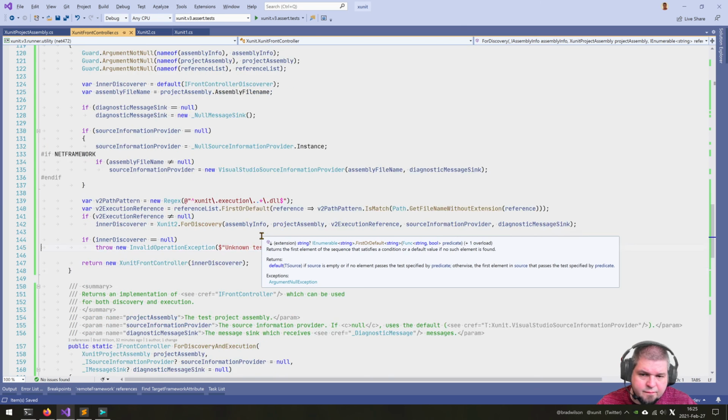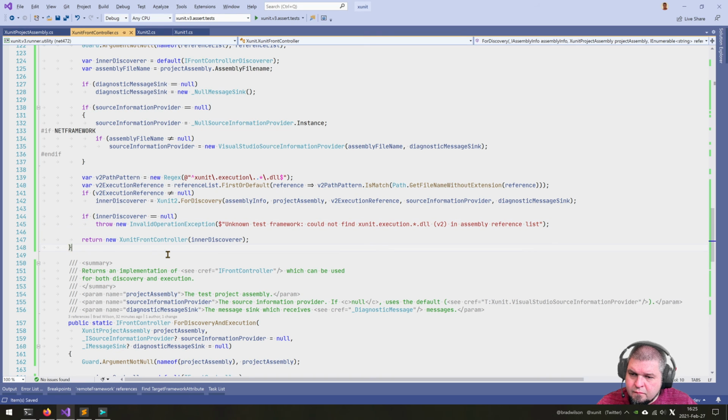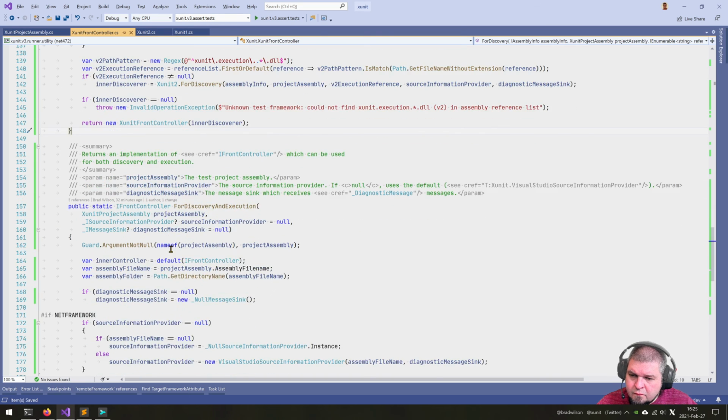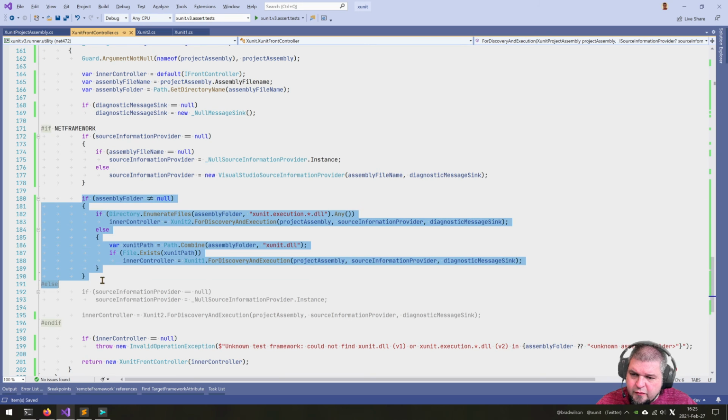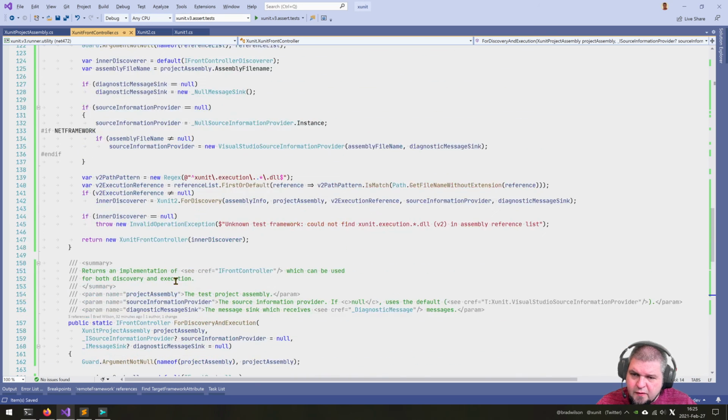I think that's right. And we have no idea how to do V3 yet. It's okay. Can't do source-based discovery for V1. Pretty sure. Right,